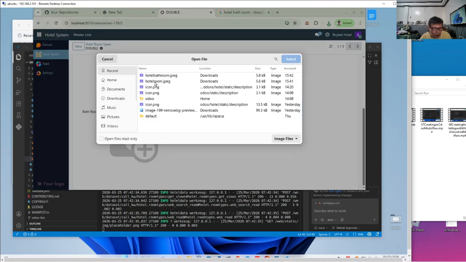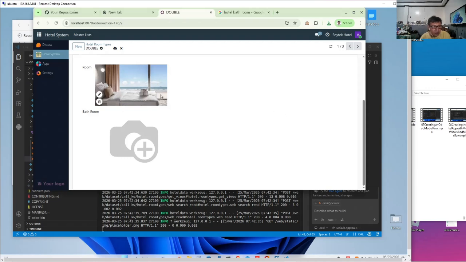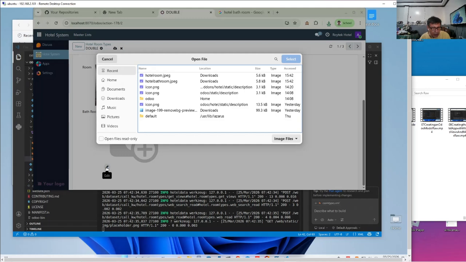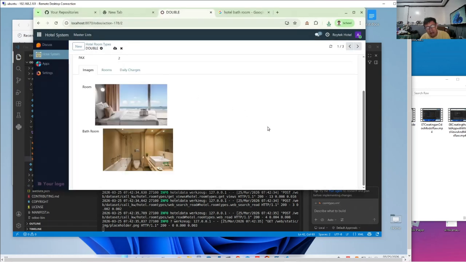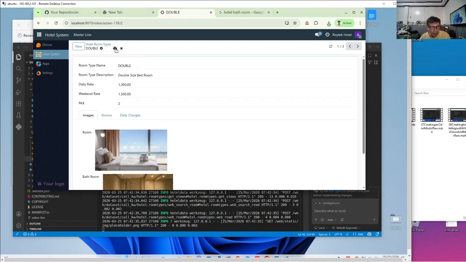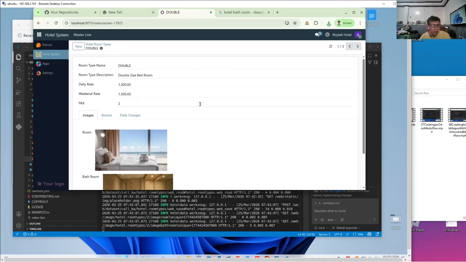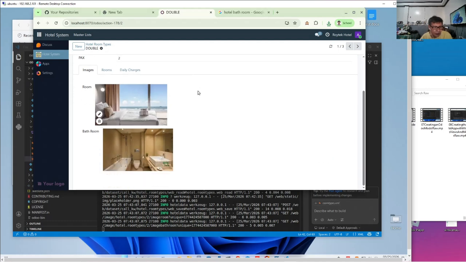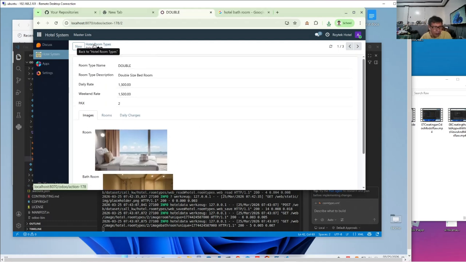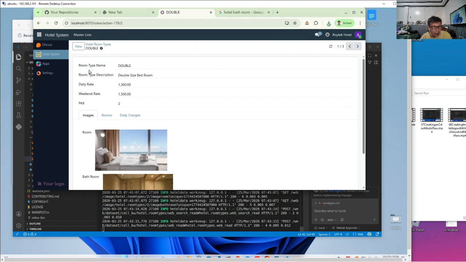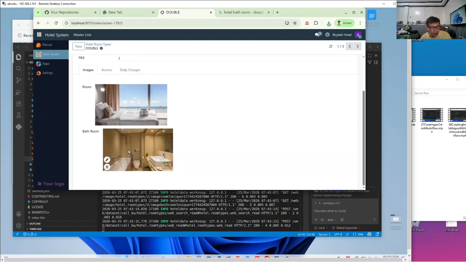For example, we'll choose the hotel room. There's the hotel room, and you can delete that with this button. Then we'll go to the hotel bathroom, and then we save. So we have a better looking user interface, because when you click a room, you will have pictures using the image field and the image widget.